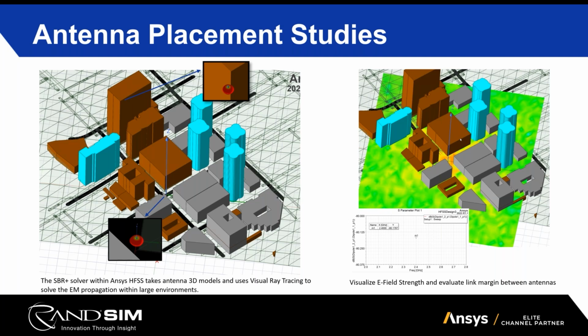So within the HFSS tool set, we have a solver that's called SBR+. It stands for Shooting and Bouncing Rays. And it is used to help visualize and calculate the propagation of antennas, whether they be installed onto a vehicle like an aircraft or a drone or an automobile, or understanding how they're installed in a larger environment like this city block that I've illustrated here. So we have two antennas. We've got one populated right in this upper corner, and then we've got one down here in the cross section